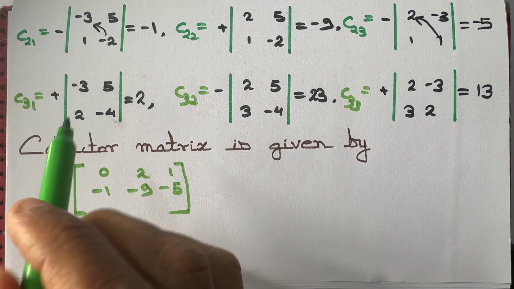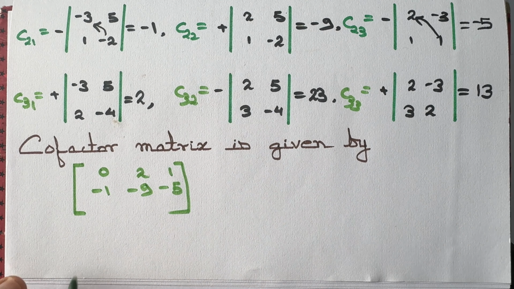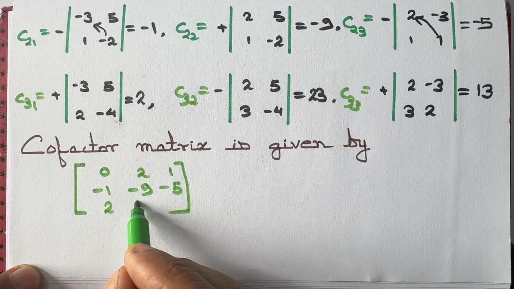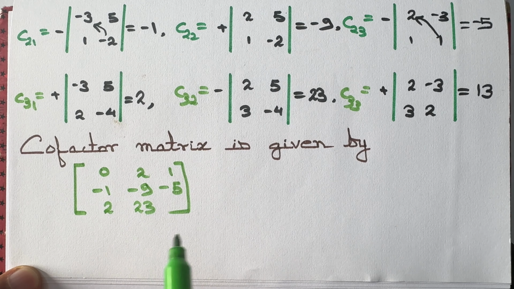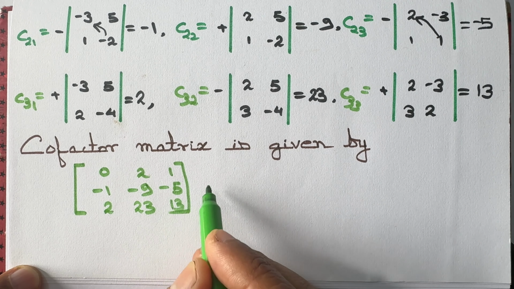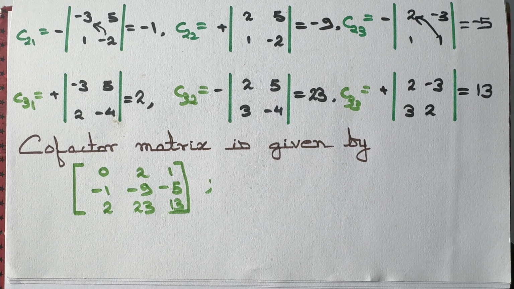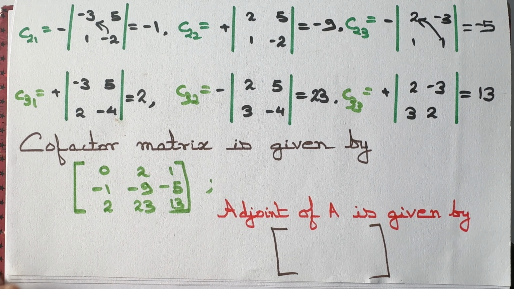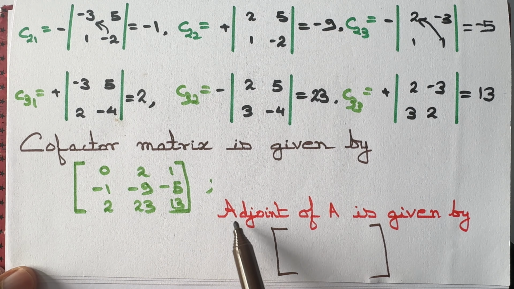Lastly, C31, C32, C33, 2, 23, 13. Okay, we did determine the cofactor matrix. Now, adjoint of A. When we interchange row with column and column with row of the cofactor matrix, we get